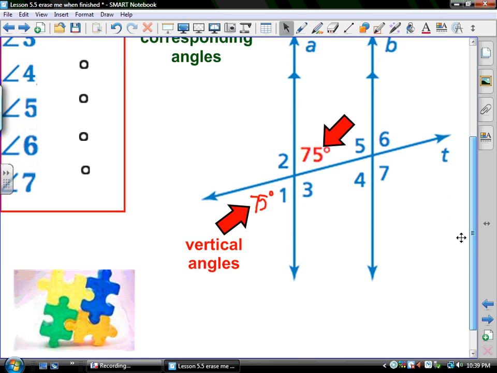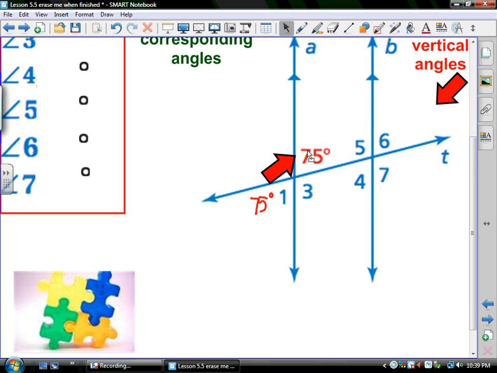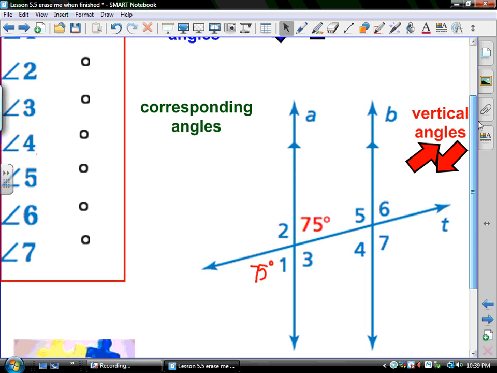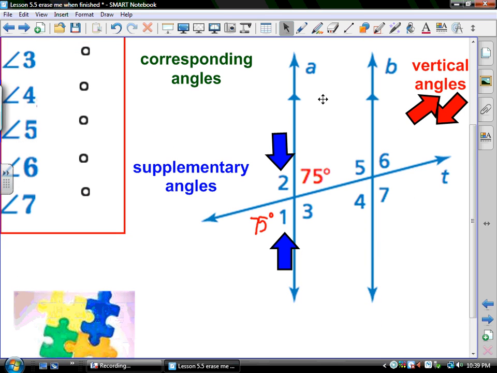Alrighty. Got a couple different routes that you can go, but let's review supplementary angles. Get them out of the way. We'll use you later. Supplementary angles. Guys, angle 1 and angle 2 are supplementary. They form a straight line, straight angle. By definition, they have to add up to 180. So I'm going to do 180